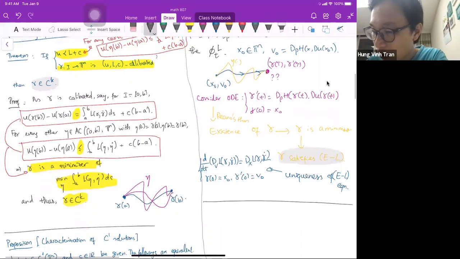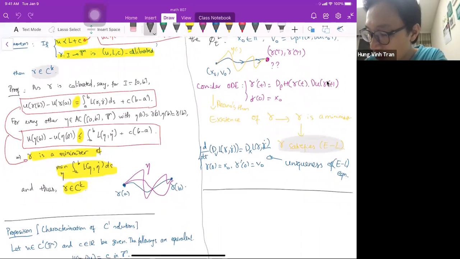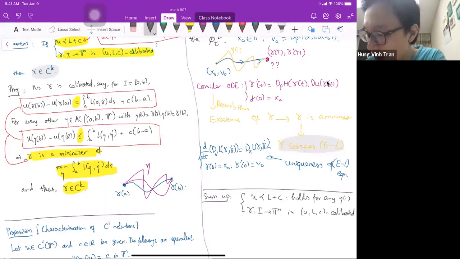So just to sum up, you're going to use this property a lot, that U is dominated by L plus C. This shows that this is a property that holds for any curve eta. Okay, and if gamma, a mapping from I to the torus, is calibrated, is ULC calibrated, then this one essentially implies that